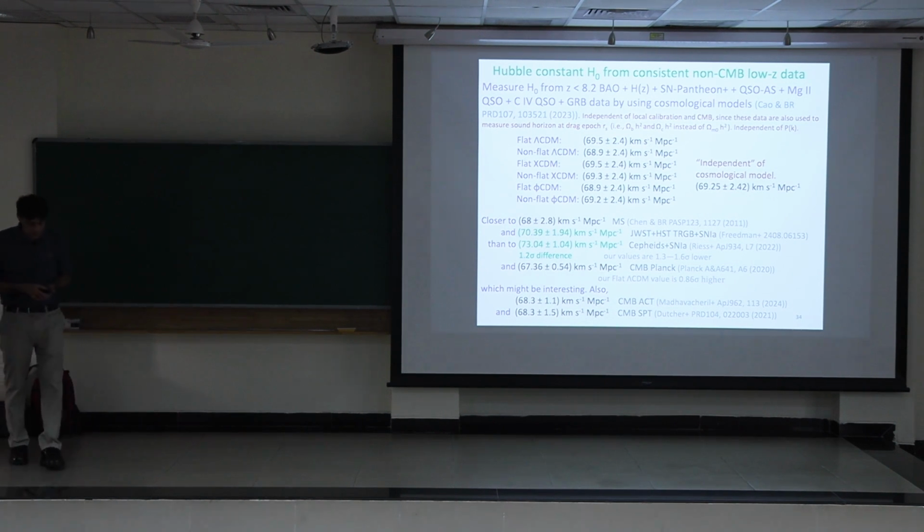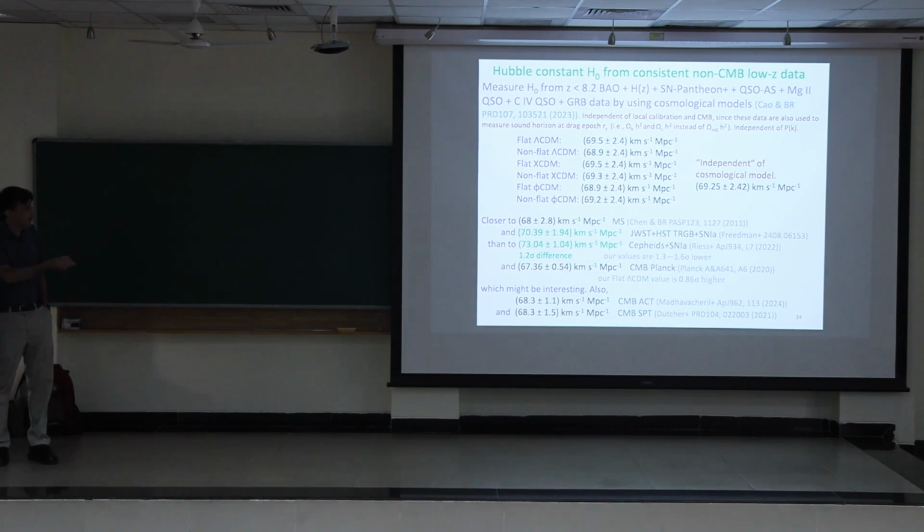And I'm going to do this BAO analysis without using the CMB sound horizon at drag epoch. I'm going to do this by allowing omega B and omega C, instead of just omega matter, to be the free parameters. And then you can compute in the model the sound horizon at drag epoch. So we have a bunch of papers, and I'll talk more about this in a little while.